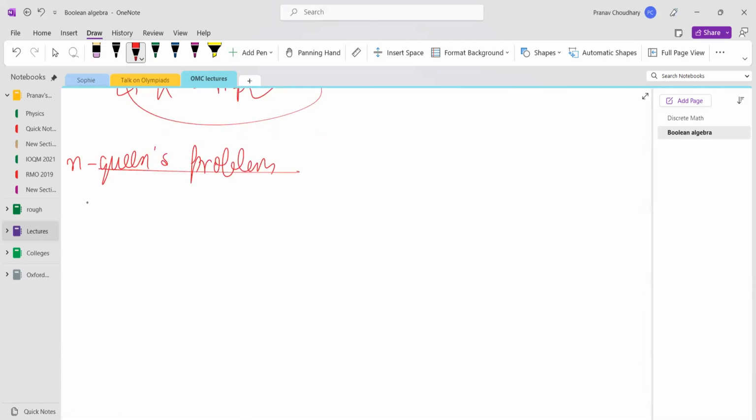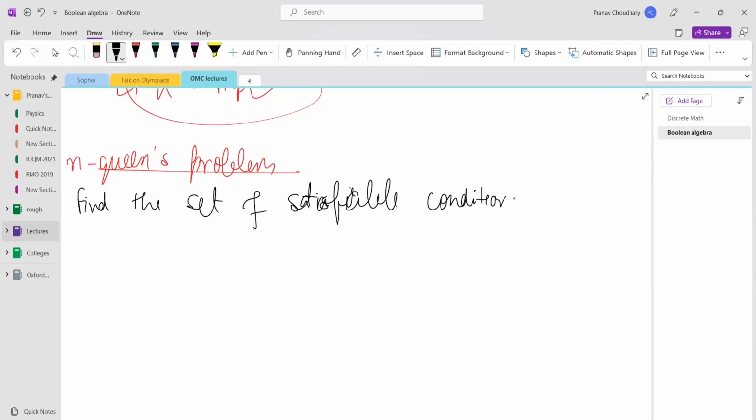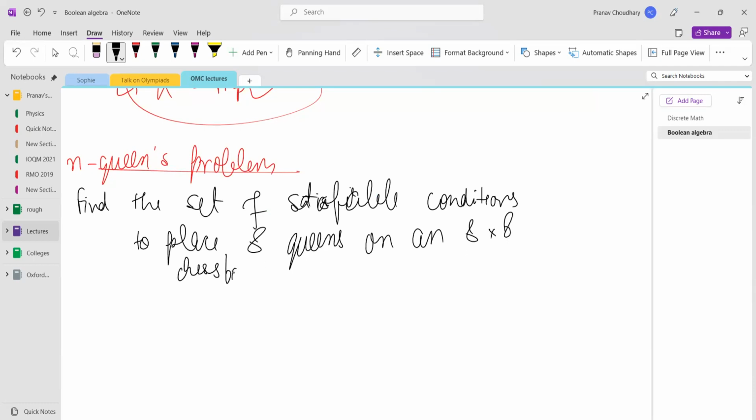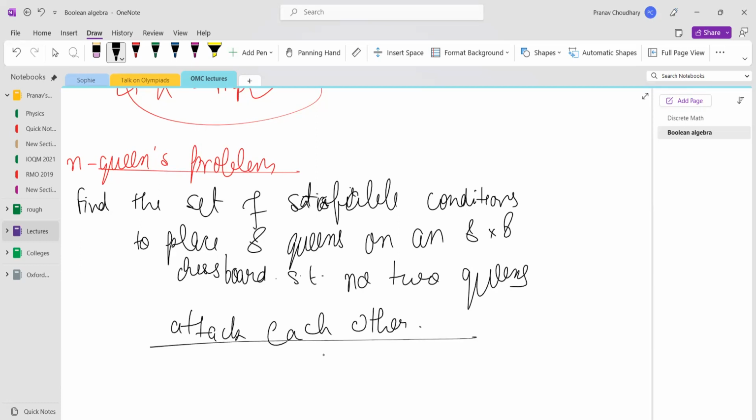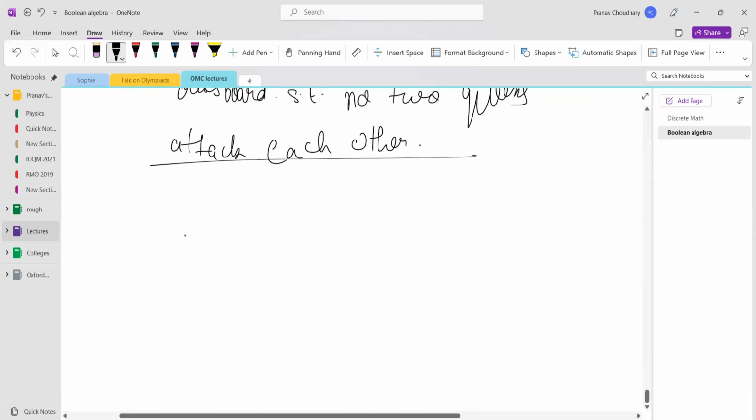In the queens problem, the problem just says to find the set of satisfiable conditions, just like we did for Sudoku, to place 8 queens on an 8x8 chessboard such that no two queens attack each other. So a queen can attack like